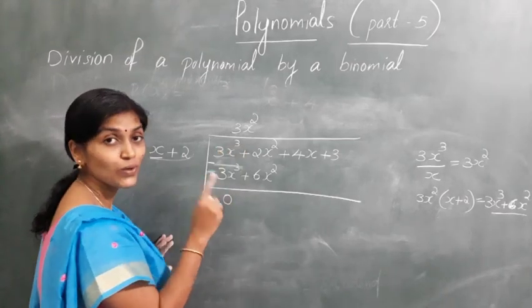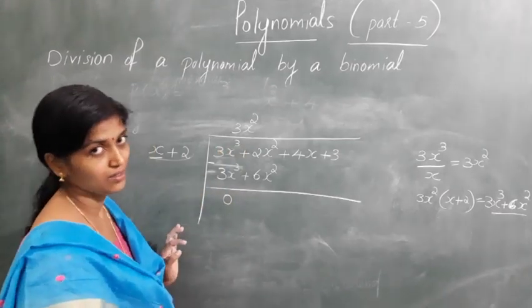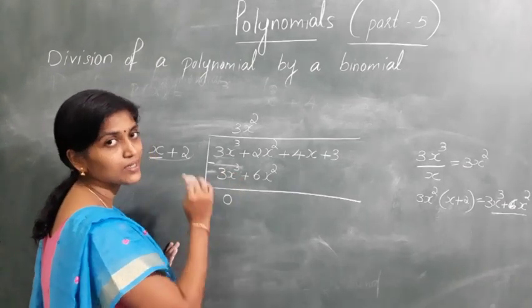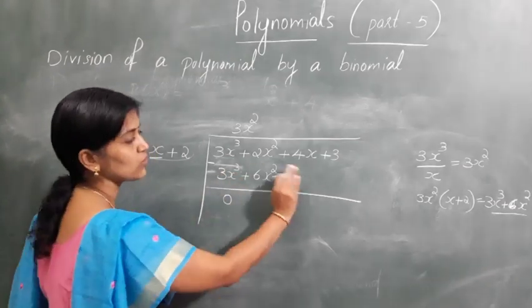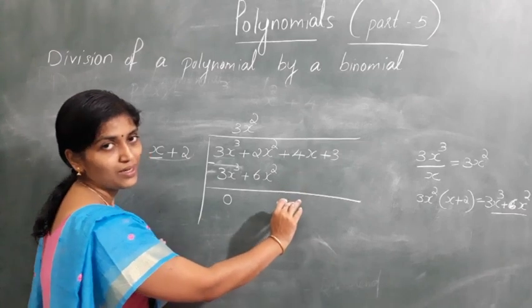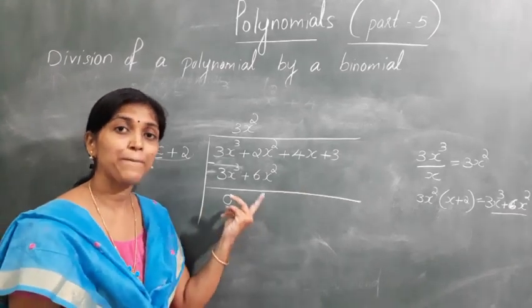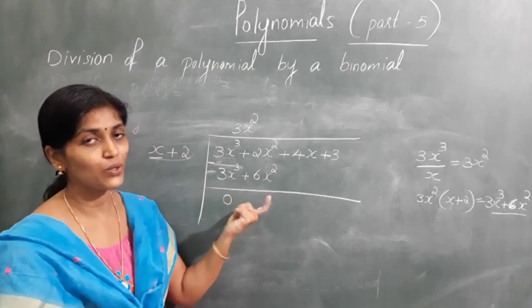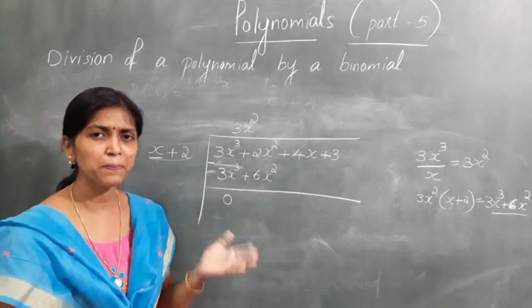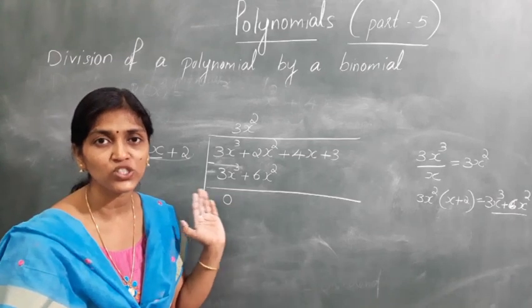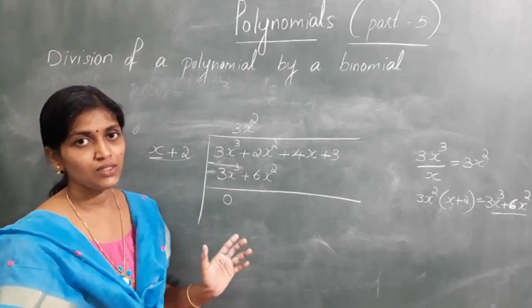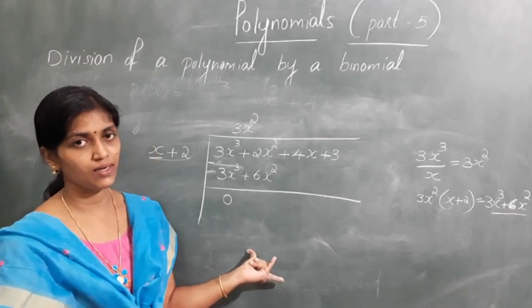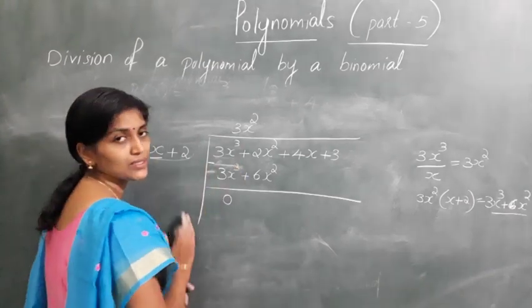If you don't get 0, understand you have a mistake. So we got 0 here, so we excluded that term. Now we are going to do the process with the next one. I think you know the subtraction of integers, which you already studied in the lower classes. If not, make yourself thorough with the subtraction of integers. If you know it, only then will you be able to do the problems here. We see this part we got as 0.